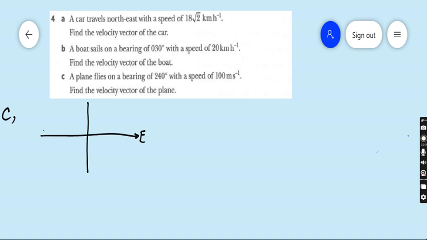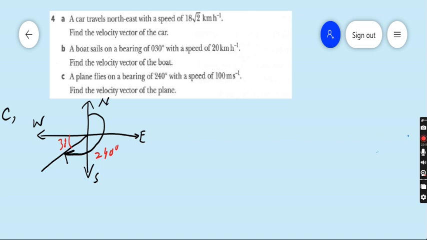This is east, this is west, this is north, this is south. So this angle, bearing means angle from north. So from north, this is 90, this is 180, it should be 240. And if this one is 240, then this must be 30 because the total angle